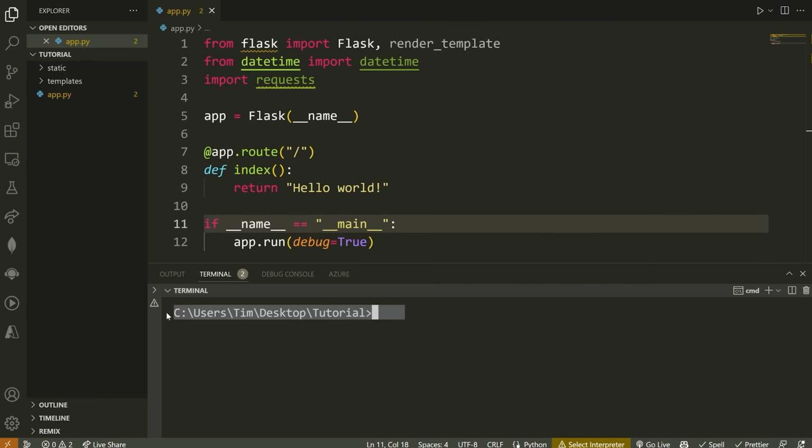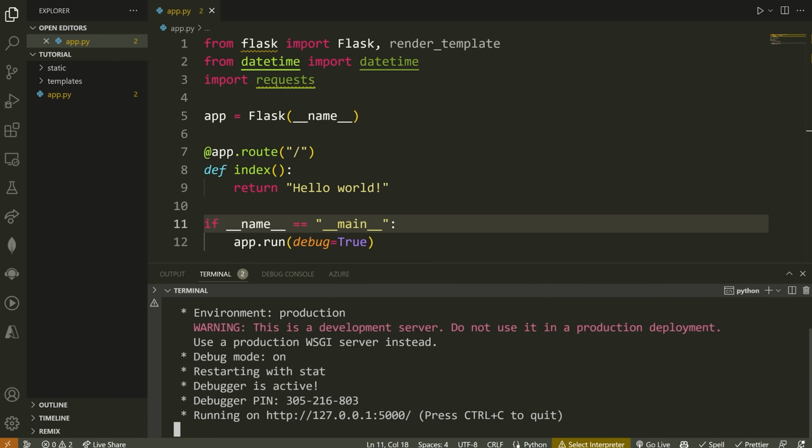So now what we're going to do is open up our terminal, where we're in the same directory as our Python application, and we're simply going to say python app.py. In VS Code, you also can just hit this button right here and it should run the Python file for you. If you're on Mac or Linux, you're probably going to want to use the python3 command. So I'm going to say python app.py. You're going to see that it spins up a web server for me, and it shows me the address of my web server, which is running on port 5000.